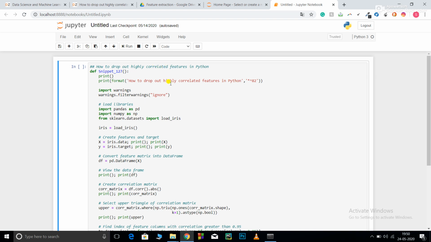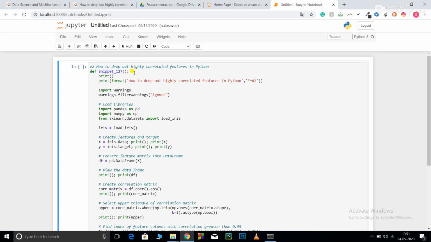One more thing, remember, correlation is only for linear features. I told you earlier, if your correlation comes out to be 0 for some features, this doesn't mean that they are not related to each other. This means that they are not related to each other by a linear function. They may be related to each other by cubic or quadratic. There are many other methods for calculating the correlation of features that are related by cubic or quadratic or any other function. For example, you can calculate quadratic by using the chi squared method.